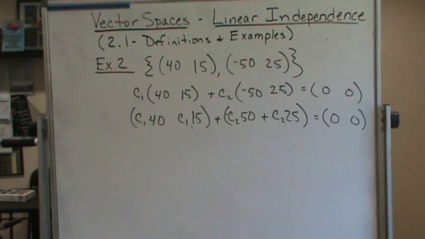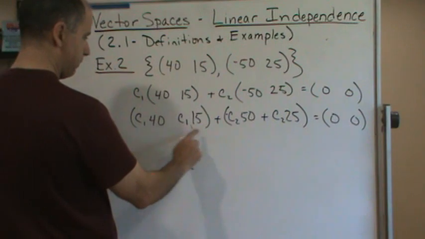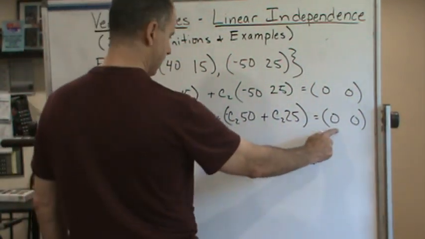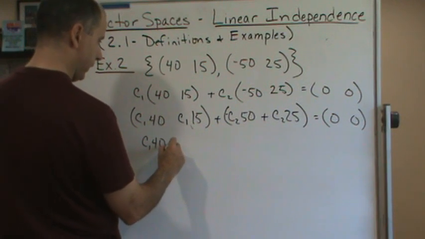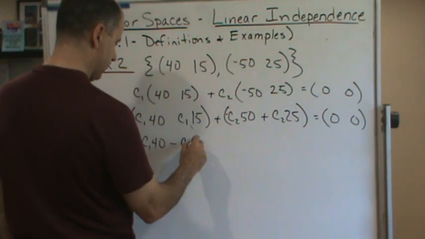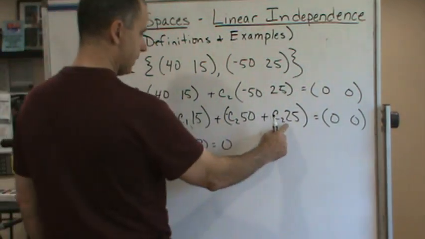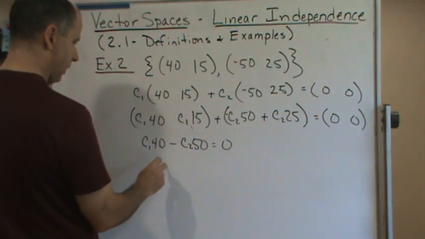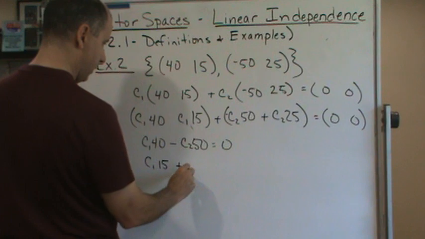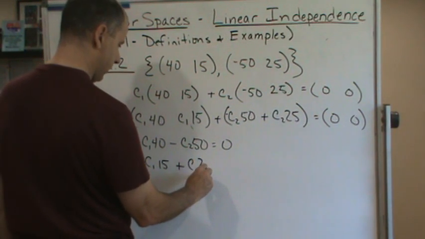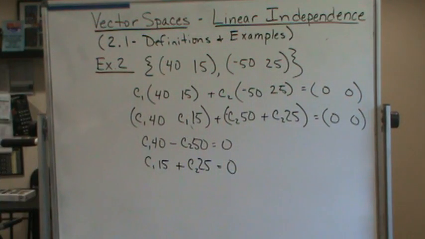So now, how do we do this? Well, we got this plus this equals 0. So we're going to have C1 40 minus C2 50 equal to 0. And then we got this plus this equals that, right? So we've got C1 15 plus C2 25 equals 0. So now we've got that system